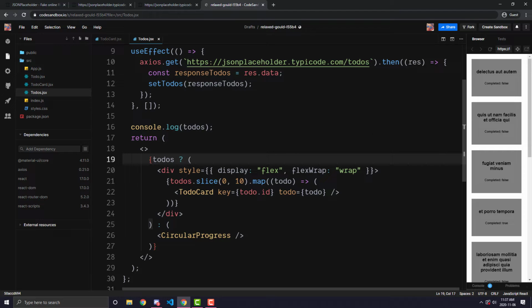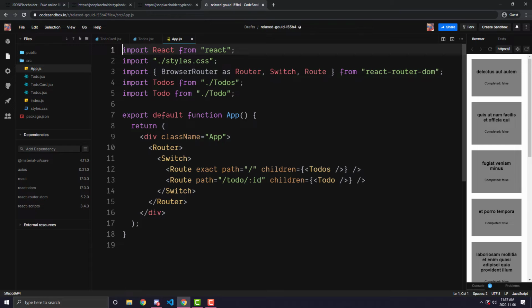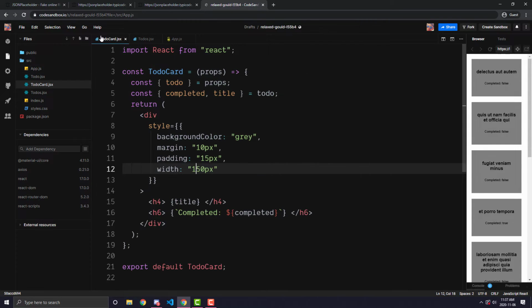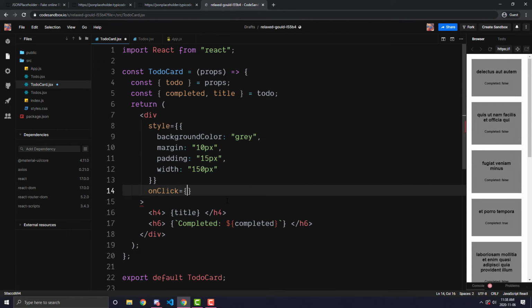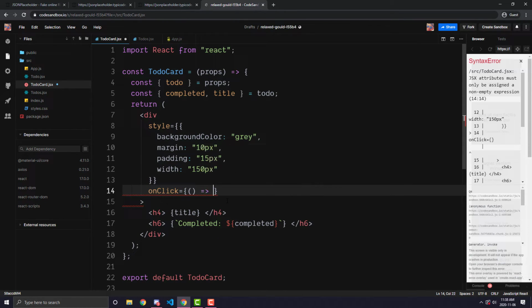Now the next thing I want to do is, when I click on that to-do, I want it to go to our endpoint that we set up at the beginning of this video, that is /to-do/ the ID of it. So on our to-do card, there's a couple of different ways to do it, but what I want to do is add an onClick to the overall div, and I can say onClick equals